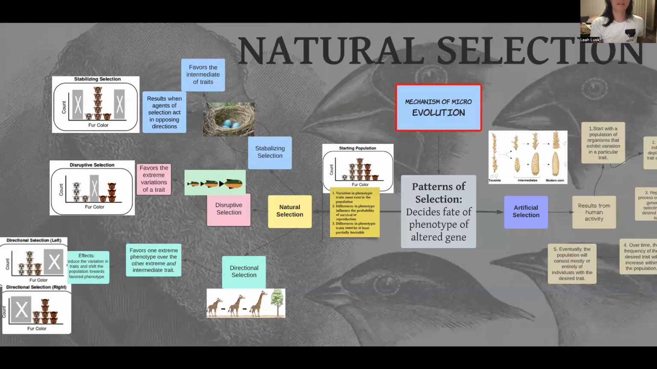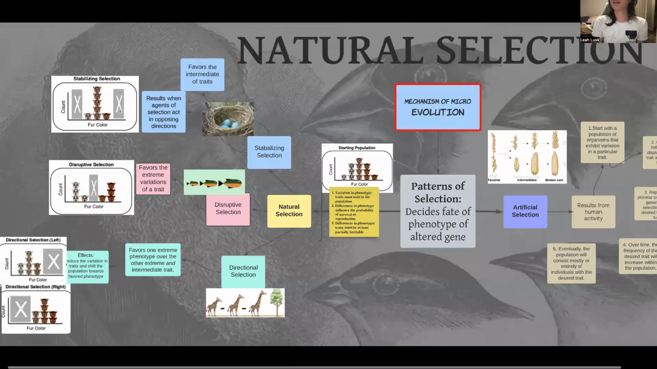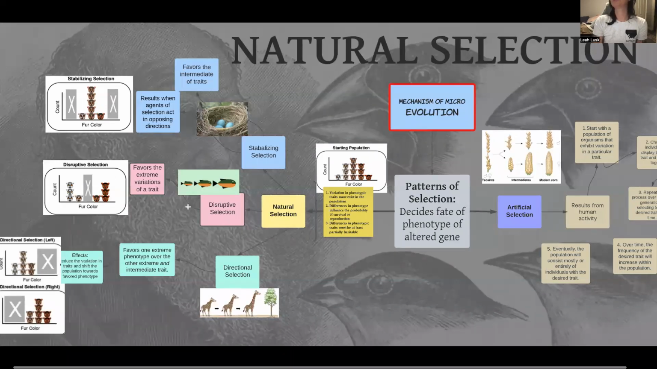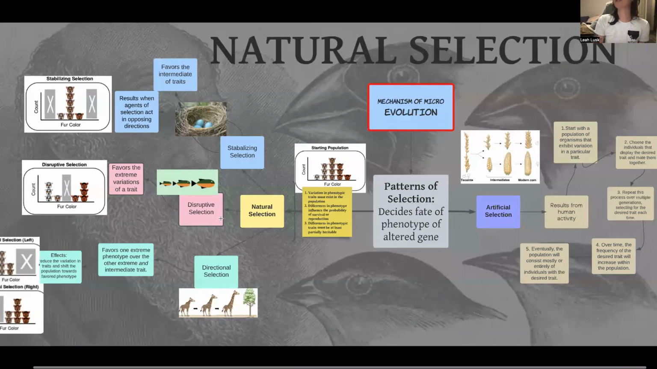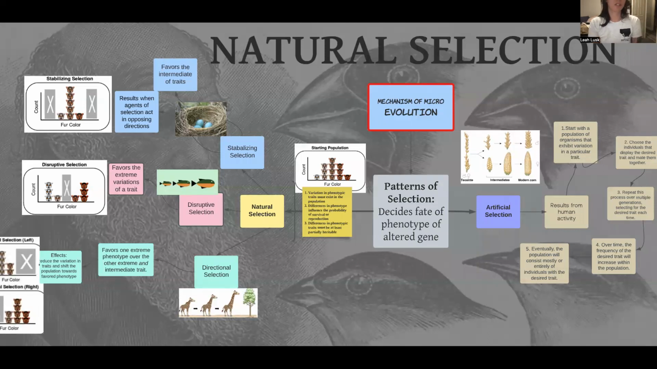The effects of stabilizing selection are going to be to maintain that status quo basically, and it'll reduce variation and maintain the average phenotype in the population. Once again, we can see our fur color here, maintaining that middle ground. And lastly, in the natural selection area, we have disruptive selection. This is either extreme. You can have one or the other, which is going to have a greater fitness than the intermediate. So like these three fish here, you're going to see the small fish and the large fish prevail over